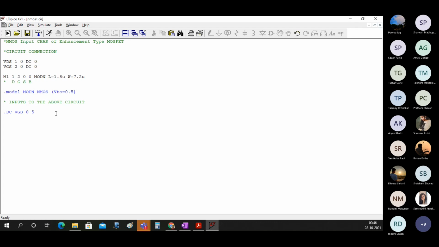So on X I want VGS, in steps of 0.1, and I want to see this for three different values of VDS. VDS is changing from 0 to 1.8 in steps of 0.6, let's say. And then we have to write .end.